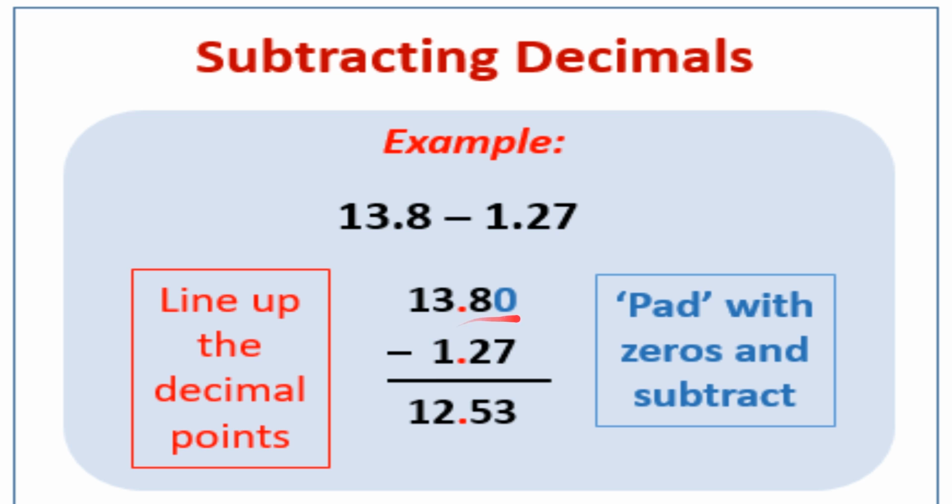As usual, subtraction is also from the rightmost, 100th place. 0 minus 7. So you have to take a carry from the 10th place. So that becomes 10. And 7 is left there. So 10 minus 7 is 3. And because from 8, 1 has gone, you have 7. 7 minus 2 is 5. Then we go to the whole part. 3 minus 1 is 2. And then the 10th place, 1 as it is. So the answer is 12.53.